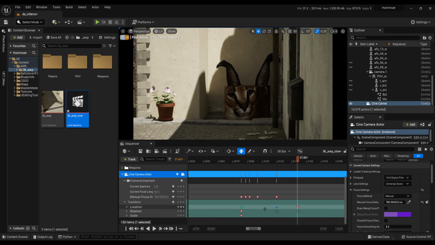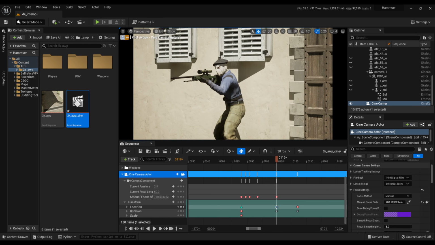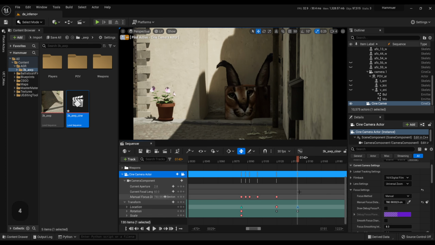Now we need to tweak our keyframes. Set all the middle keyframes interpolation to cubic, and the last keyframe should always be linear.